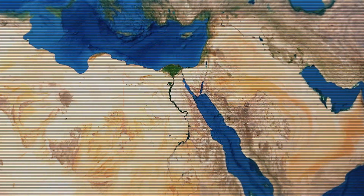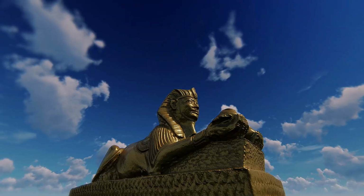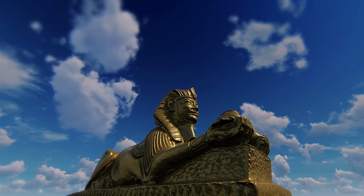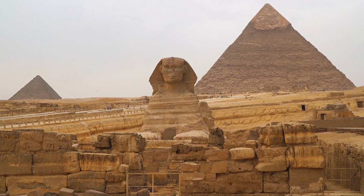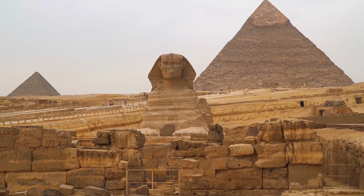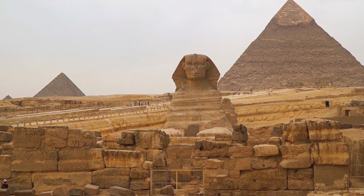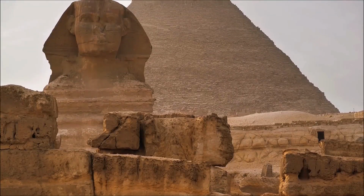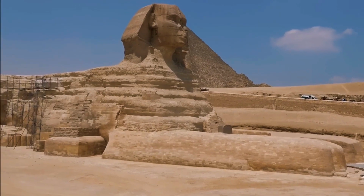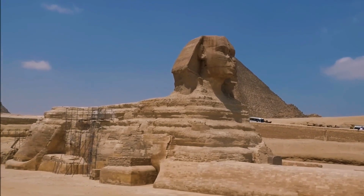Okay, so let's set the stage. The Sphinx sits there in Giza, Egypt. You've probably seen it in documentaries and books, or maybe even in movies like The Mummy. But have you ever really thought about what this thing represents? Sure, it's got the body of a lion, powerful, fierce, and majestic. And the head, that's a human face, believed to be modeled after Pharaoh Khafre himself. But I'm telling you, this isn't just an ancient statue. This is a piece of history, a colossal puzzle that's been staring down at us for centuries, daring us to